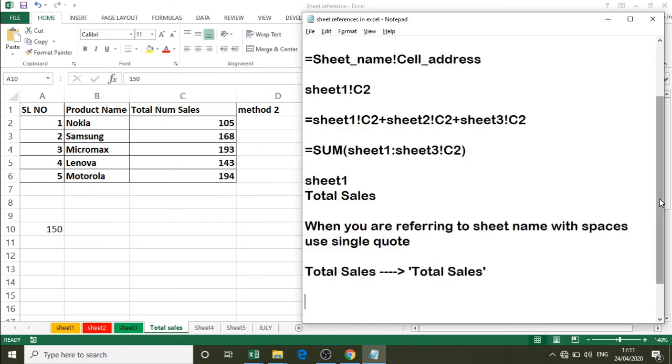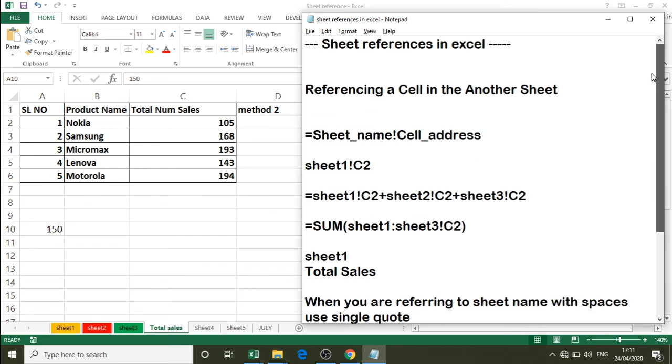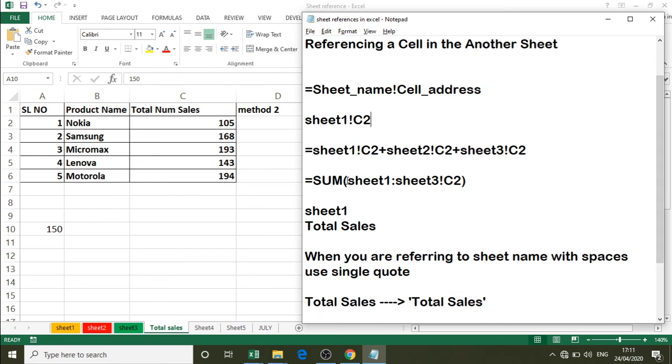So in this session we learned how to make use of sheet reference, how to refer to a cell address which is present in another sheet: the sheet name followed by an exclamation mark and then the cell address. If there are consecutive sheets, we can make use of the SUM function, and just as we use a cell range, in the same way we can also use a sheet range.